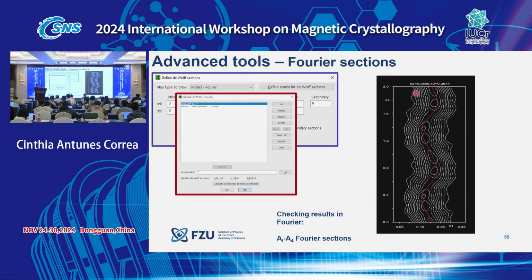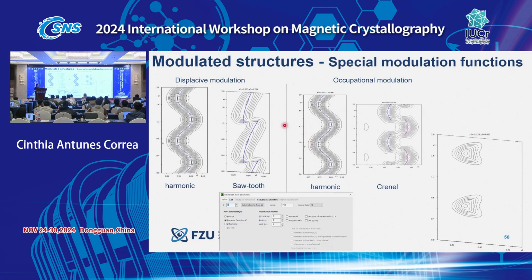So for instance, here you have one of the atoms, and when we do the Wolf maps for some atom, you can then see here the curve describing the modulation, or the wave describing the modulation, and the Fourier map, and you can see if this curve is describing it well or not, and then you can modify it. It's possible to use harmonic, sawtooth, Crenel functions to model these